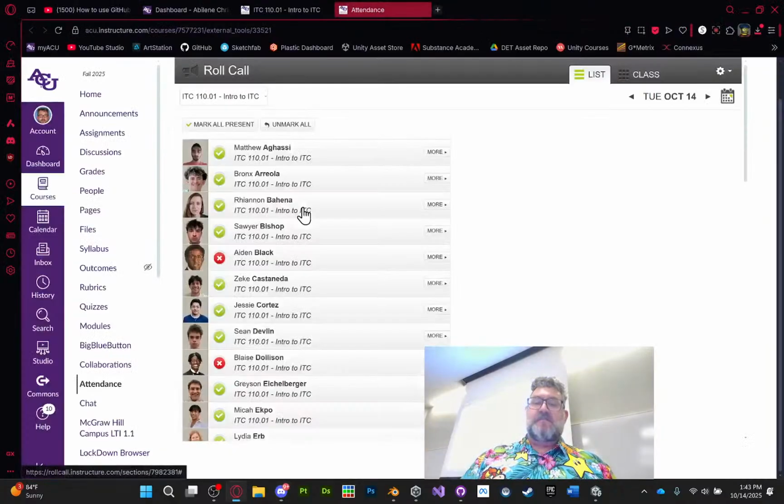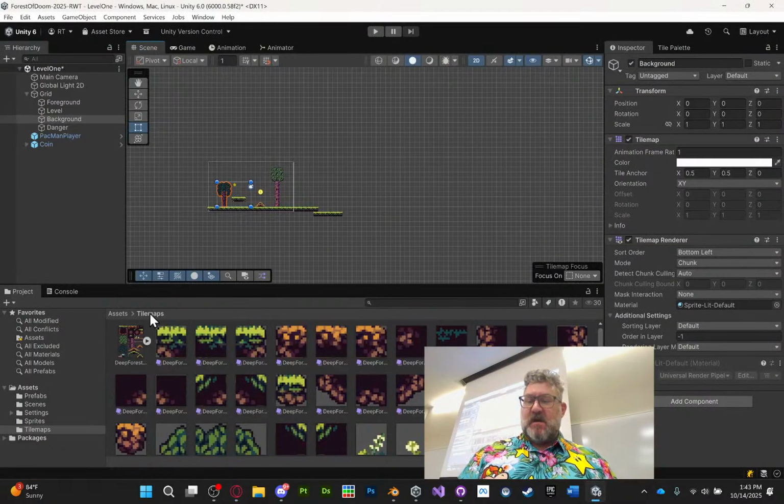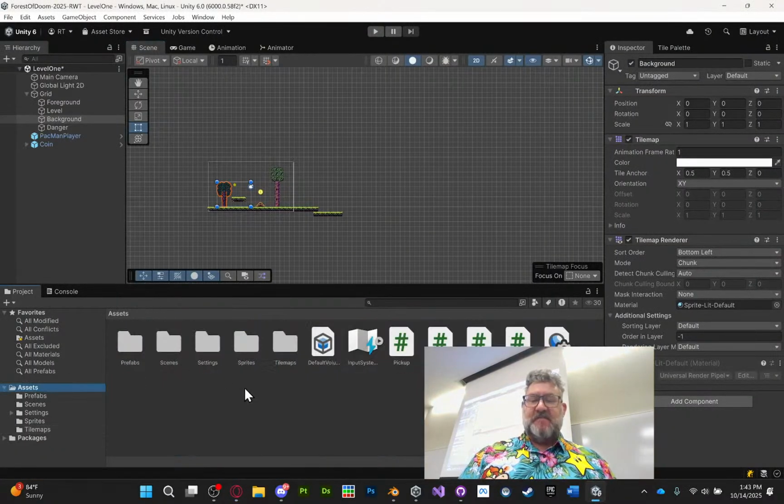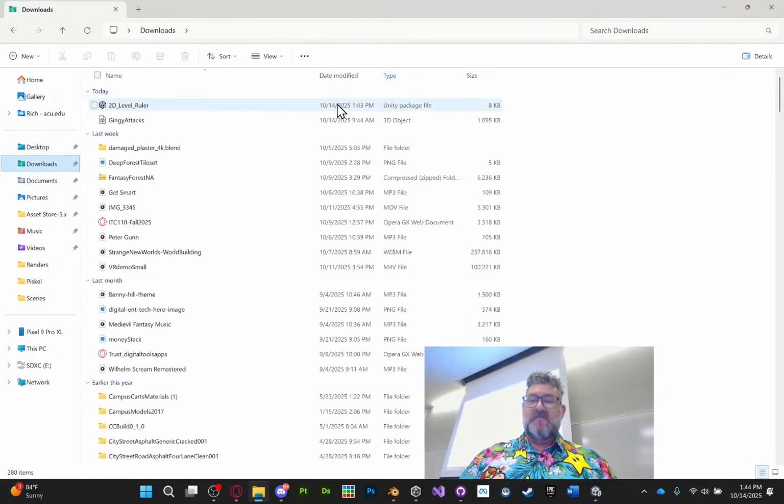So this is a package. I just download this Unity package. While we're here talking about this, Unity packages are awesome. You can use them for all kinds of cool stuff. I had a Unity package for a coin and just dragged it into this, and now I've got a coin with all the stuff on it. So let me grab that package that I just downloaded, and you can see all my awful file